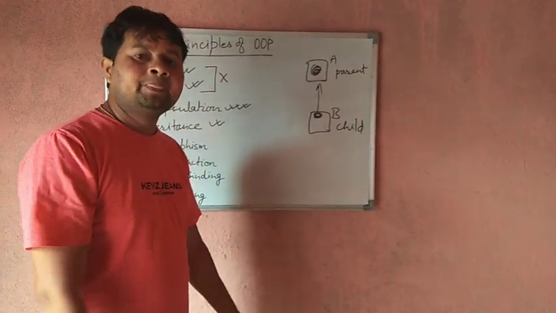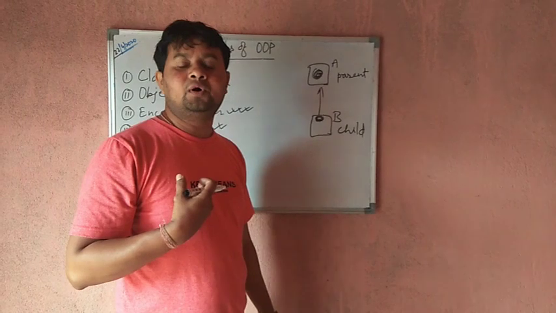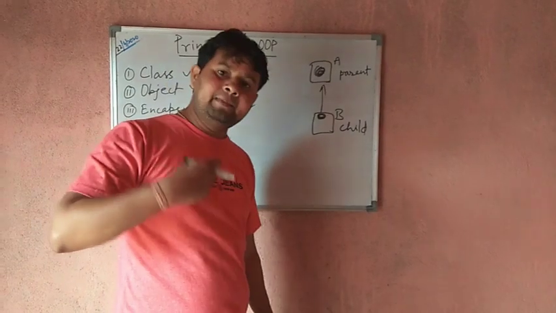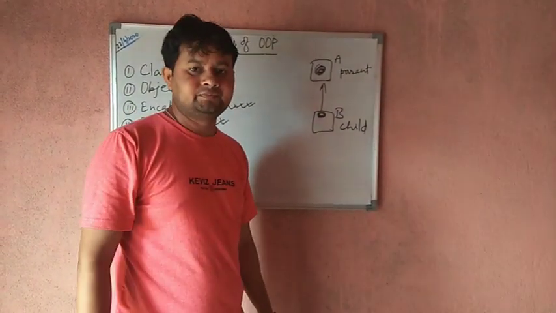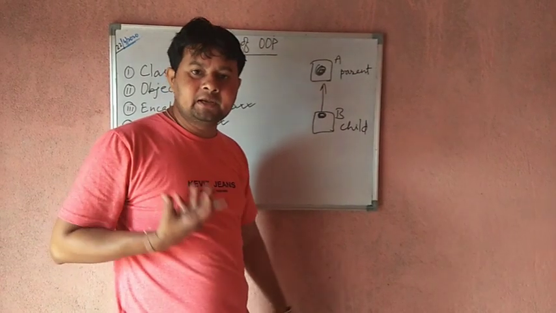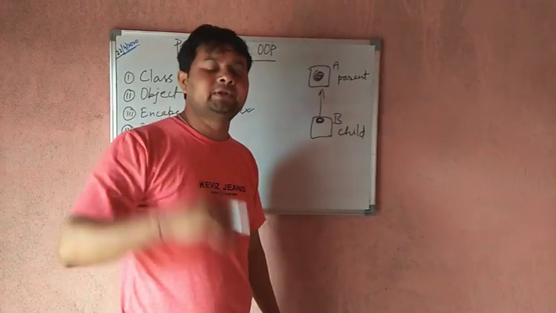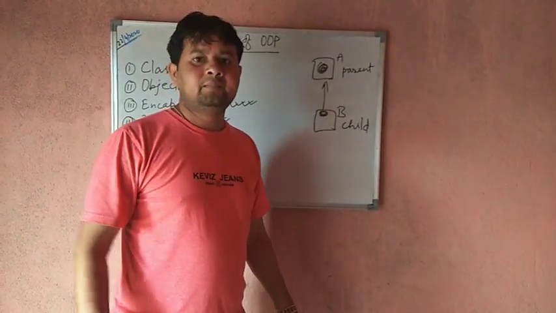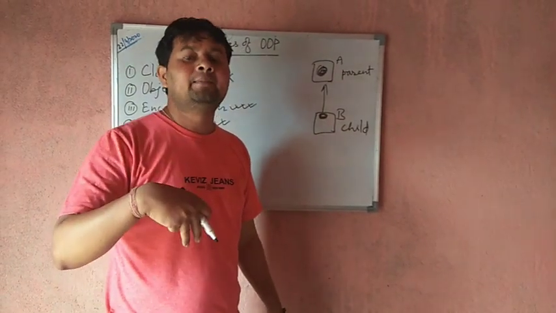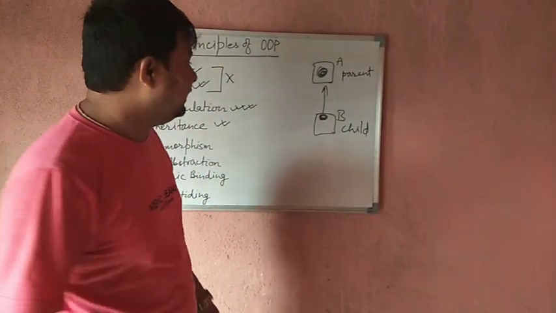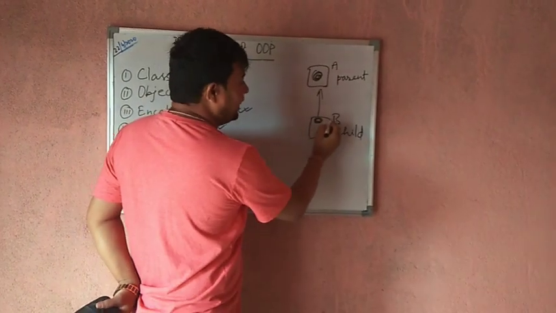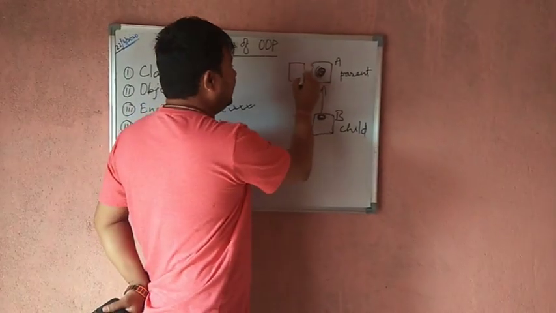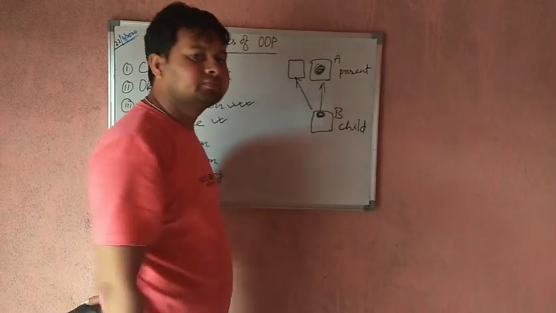Common example I can give you. Suppose I am the example of inheritance. I am class B here. It means I am child class. I am inheriting the properties of my parents. Right? Maybe my color is like my father. My nose is like my mother. I have two hands. My color, my hair, my body structure. I am following my parents' structure. Right? Parents' properties. It means I am the child class and my parents are parent class. So maybe I am using two parents' properties, my mother and father.